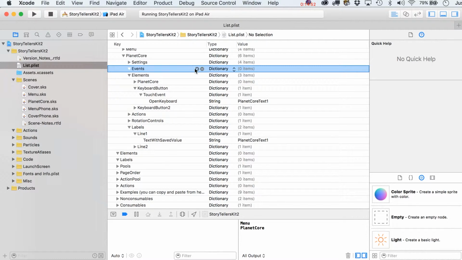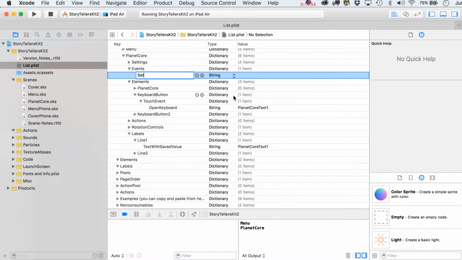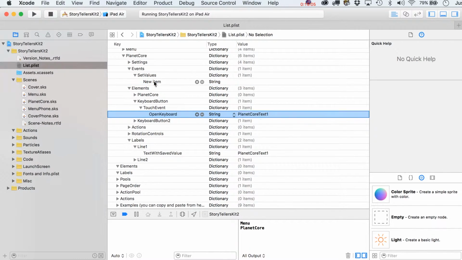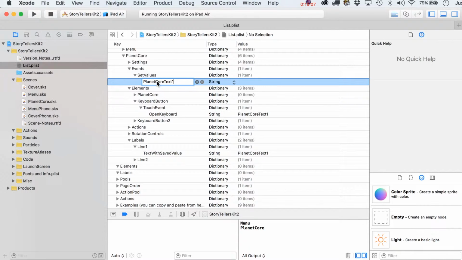In your events, you can set values for these saved variables. So you can put in here set values, make this a dictionary, and then list out inside of here the key, which is going to be whatever value you want to set, with its value. So basically we're setting in here default text. So we could say this is the planet core